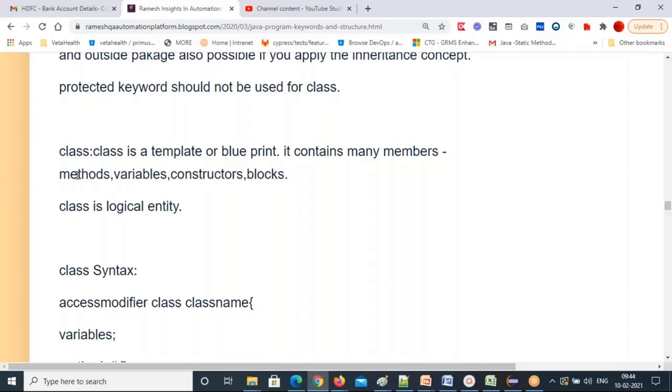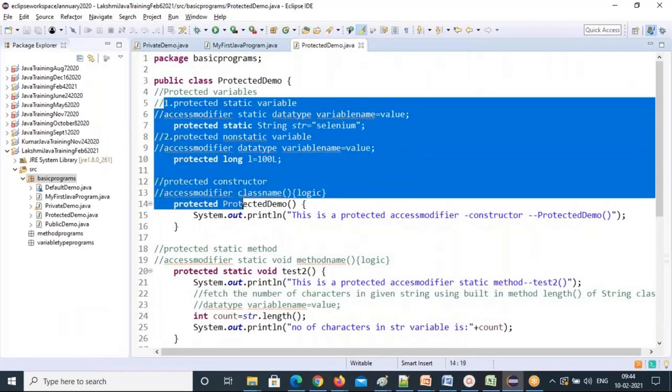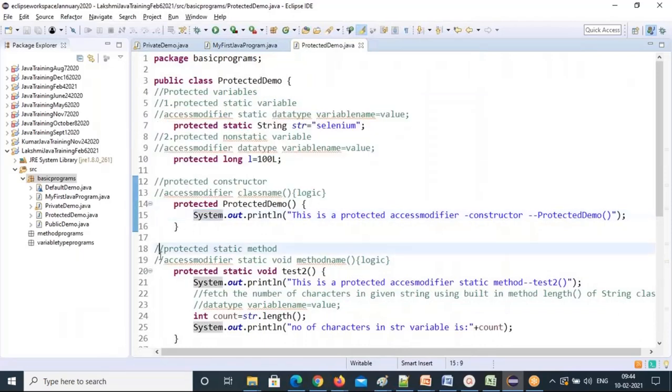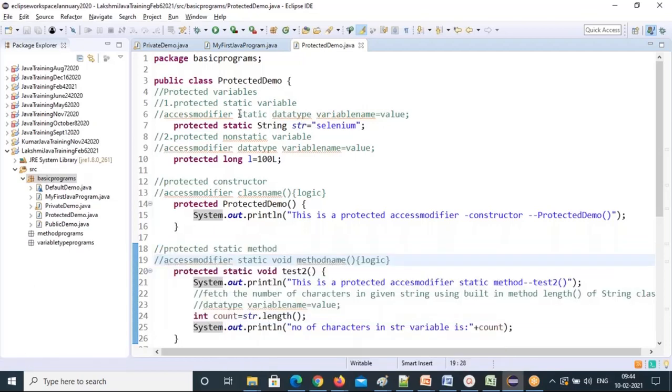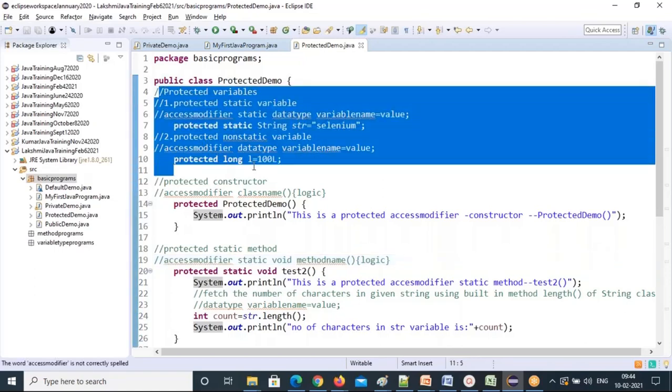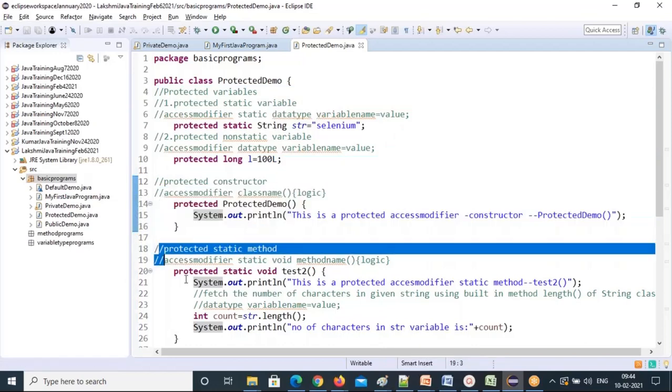But we have written variables, constructor, and methods. Blocks I didn't write, but I'll show you that in the next class, at the static keyword explanation time. Variables are one member, constructor is another member, methods are another member.